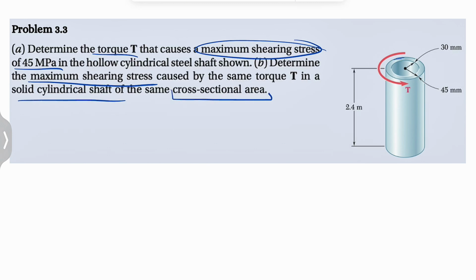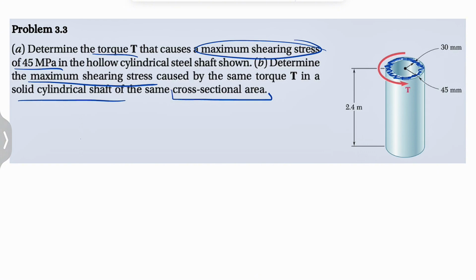So the cross-sectional area that we're talking about is this area, and we have to figure out in the second part what radius of a solid cylinder is going to make the same area. So we're going to start with the first part first, and we solved the first question of this chapter, which